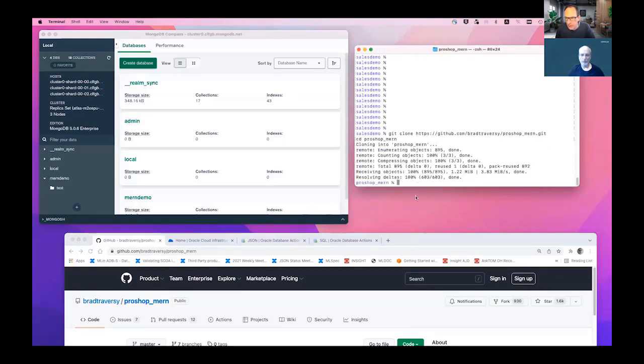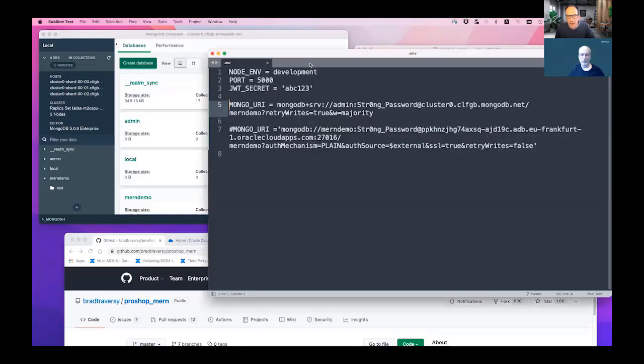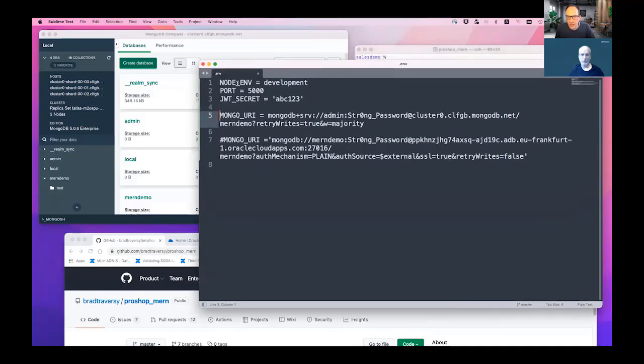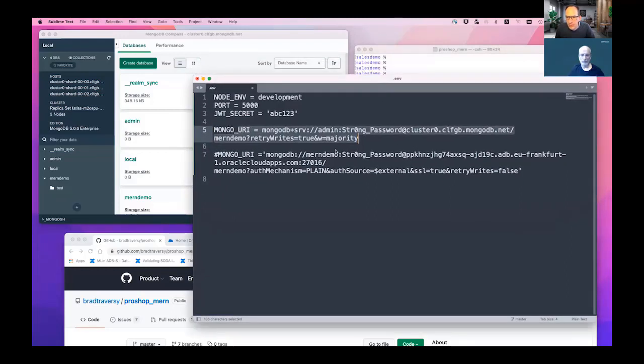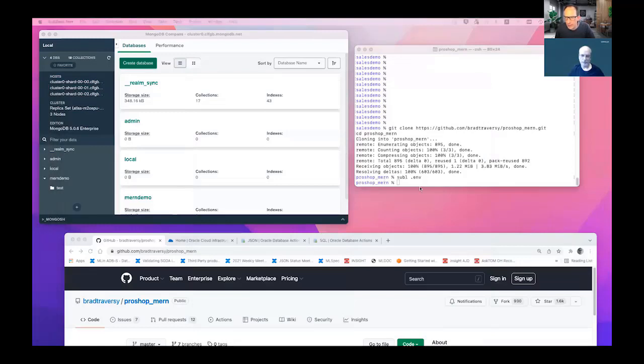I'm really starting from scratch. You will see that I'm pulling down this application, and the change I have to make is to provide my connect information to the database. Here is an environment file with a connect string to a MongoDB database, and this one is commented out. This is the Oracle database. The migration basically means I add a comment to MongoDB and comment out the other one, and that is the whole migration step. But with this, let me go on and